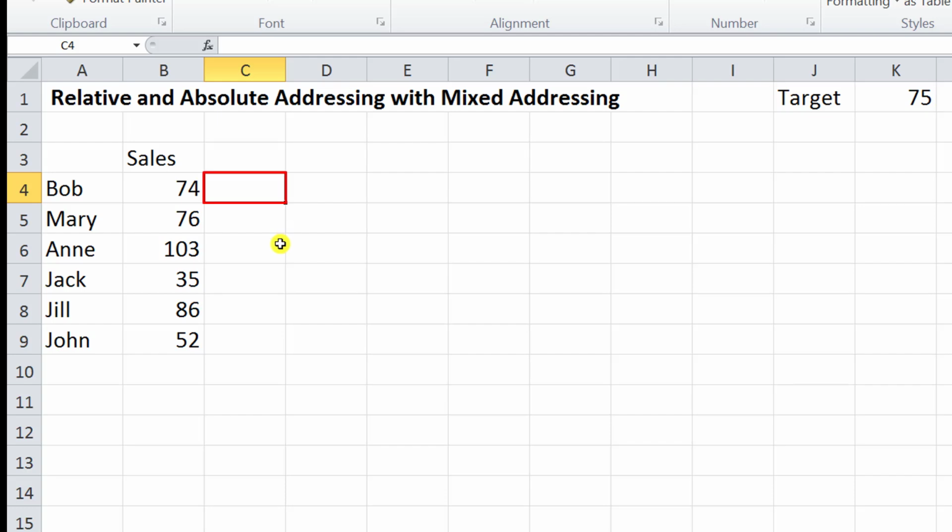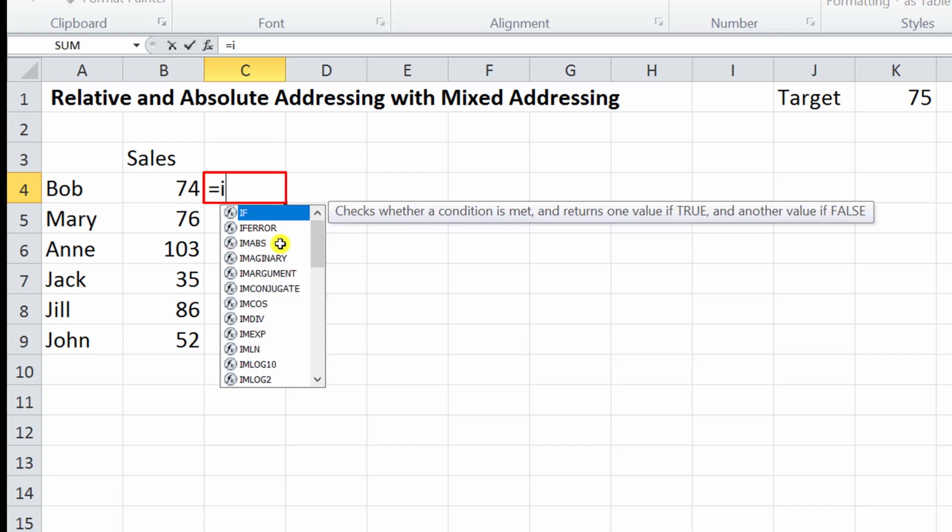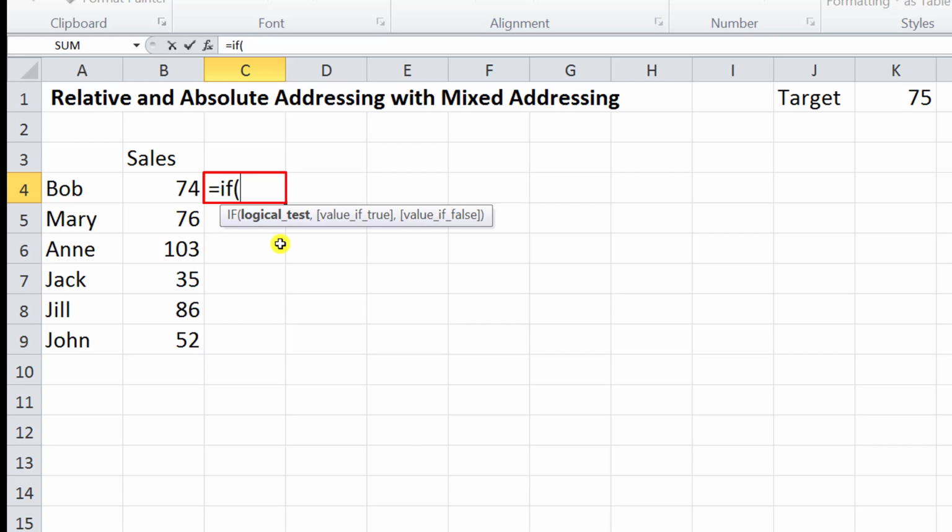Now here I'm going to put an if statement in, and don't worry about the if statement, I'm going to do a video on that all of its own, but just for now I need to write this if statement. So I say equals if, open bracket. Now if Bob's sales, because I'm only doing Bob at the moment, and his sales are in B4, so I say if Bob's sales is greater than or equals to, and I put the target in,